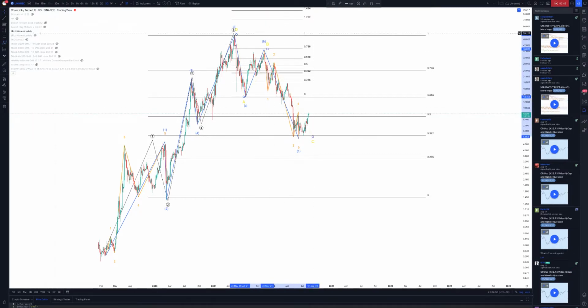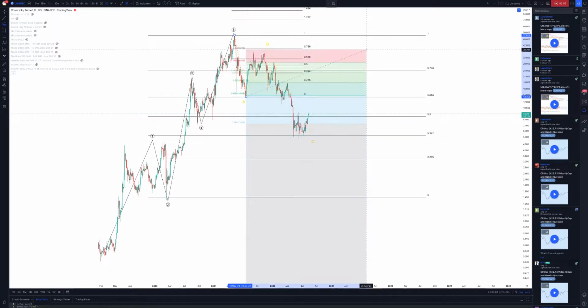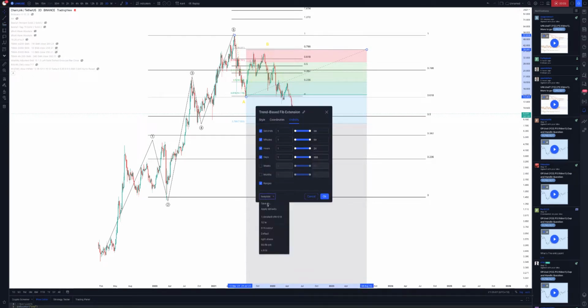Now let's turn these off and let's see why this came there. The reason why I'm doing this is there are other components to this. So yes, we have confluence there.